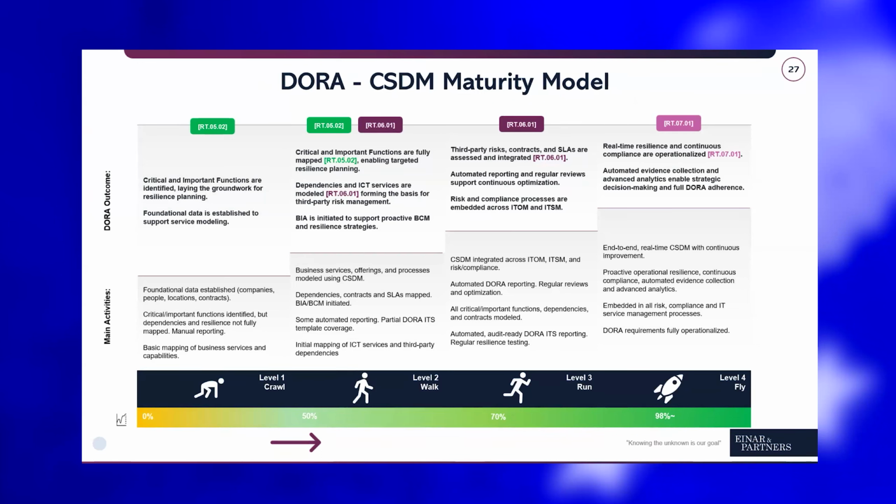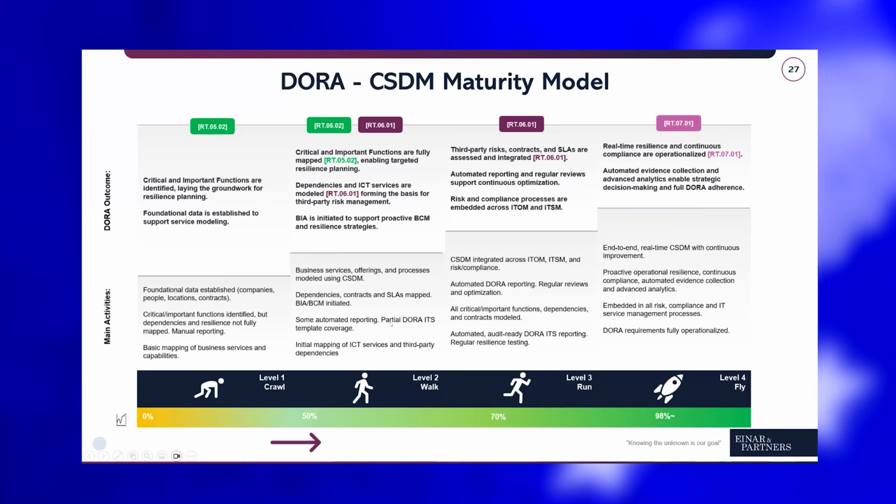So first of all, it's important to have the foundational data in place, that you know the companies, that you know the different contracts, the different locations, that we know the different critical functions, that they are being defined as well, and also linked to the basic services that are involved. So that's typically where we see the organizations are at. They usually have their critical functions, at least on paper, and have a bit of an idea of it. It's maybe not properly defined yet, but that's where we then support as well.